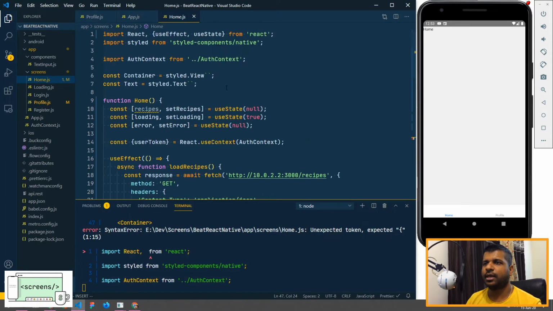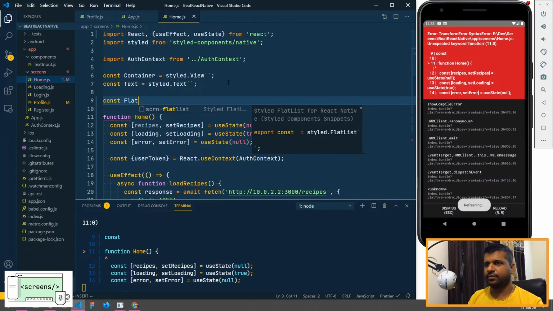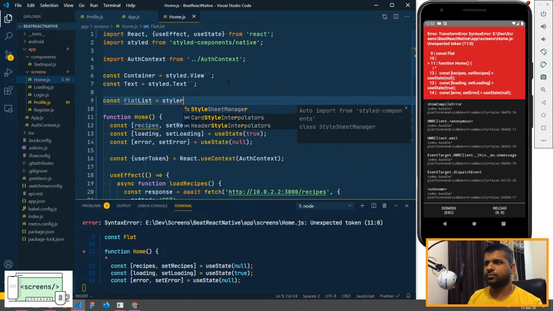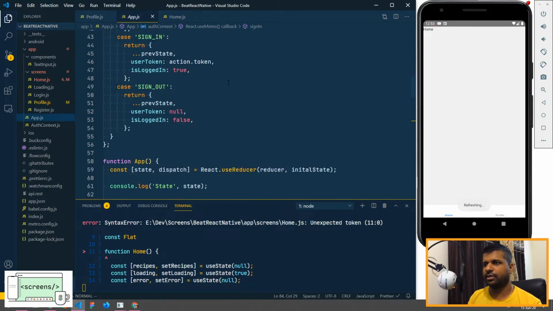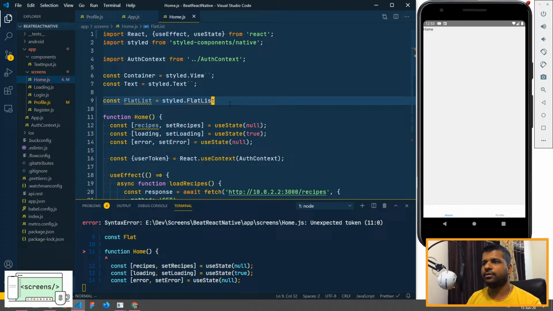So let's go ahead and create flat list first. I'm not styling anything as of now. I'll just style it later on. Okay, so flat list is there.